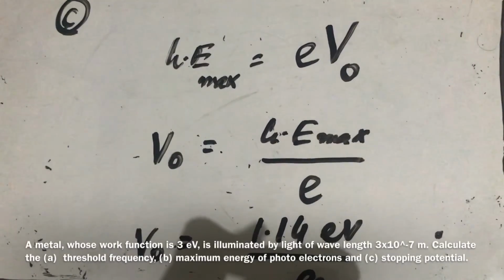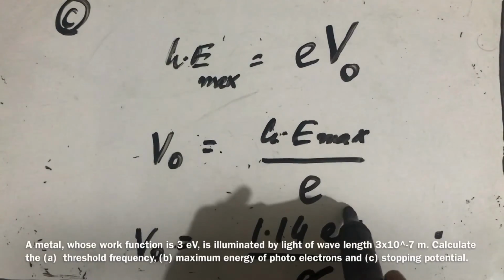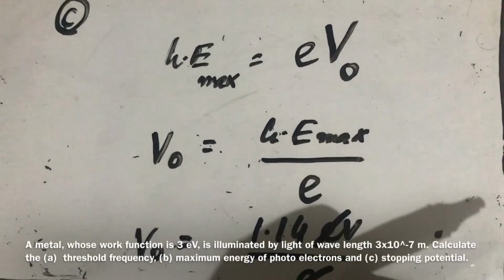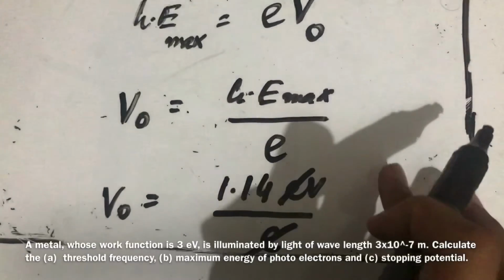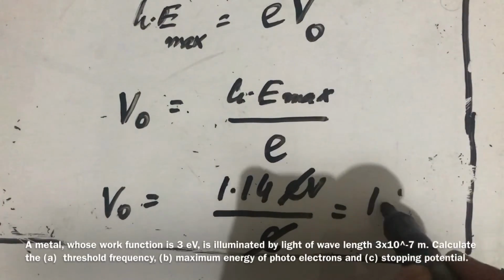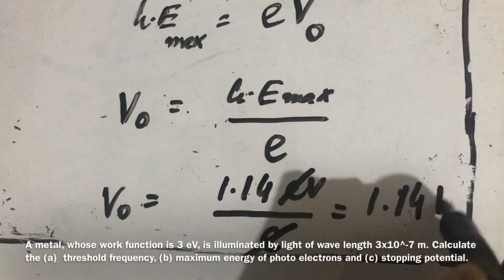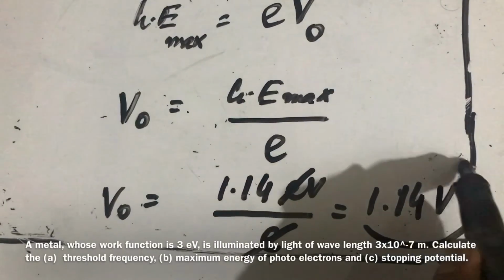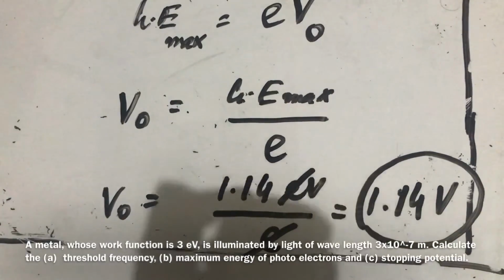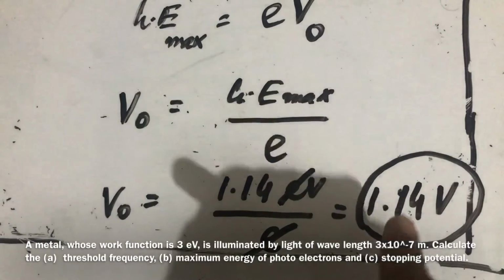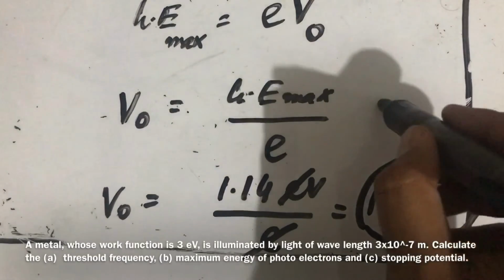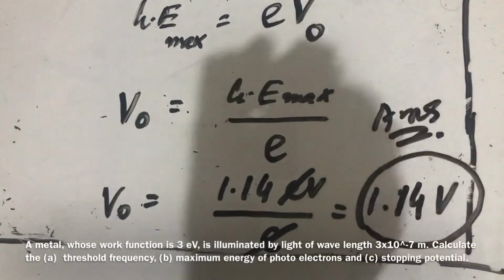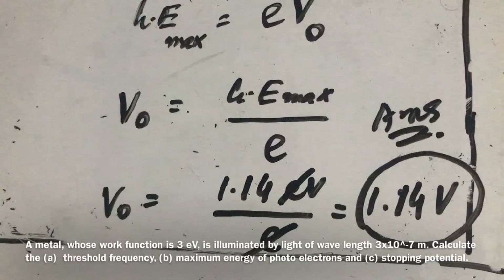We can simply cancel the electron charge in the numerator and denominator, and we will get only 1.14 volt. So the stopping potential of the photoelectric effect is 1.14 volt only. Okay, so this is the answer of part C. So in numerical number 4